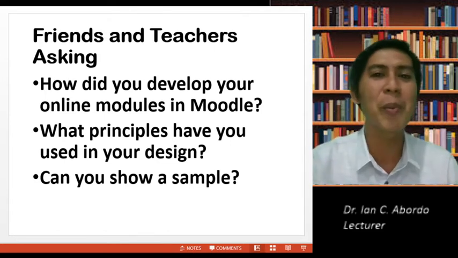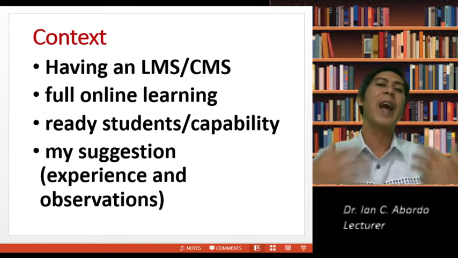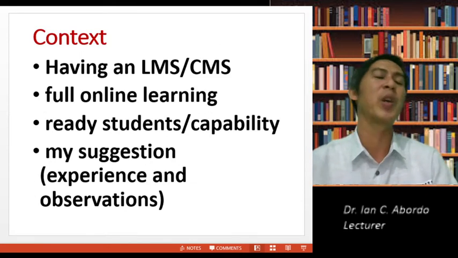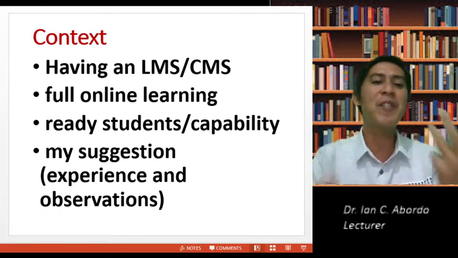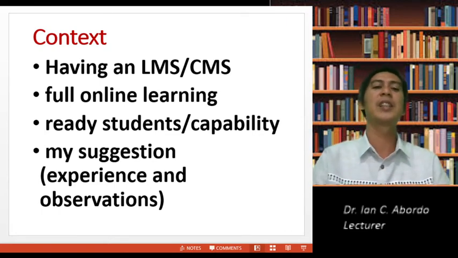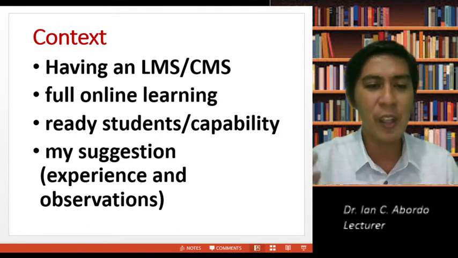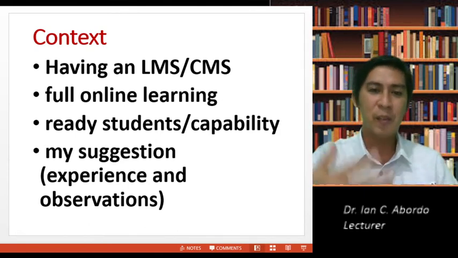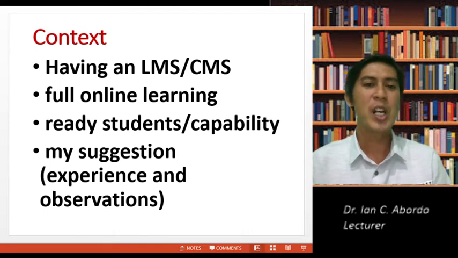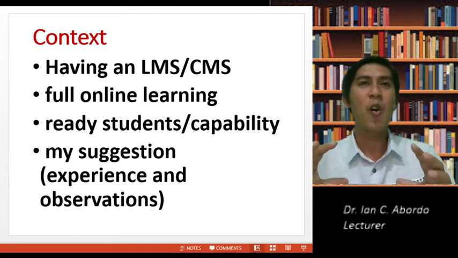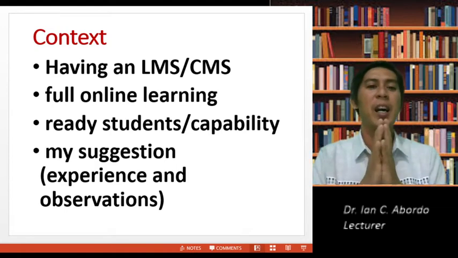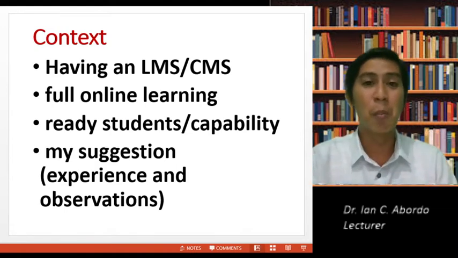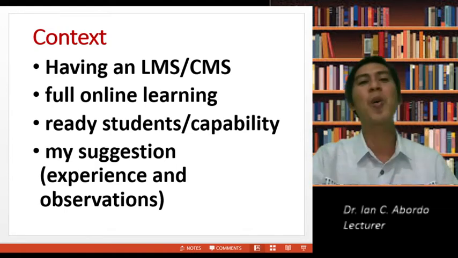So what are the principles? The context is, if you are having an LMS, you are going full online, your students are ready, they have the capability. These are my suggestions for you. This is the context in the development of these suggestions in the design of modules, online or printed.